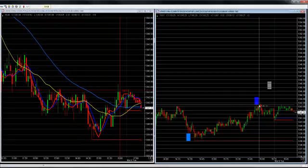We're seeing these sellers come in. We're going to start seeing these multiple range days that we talk about, and they definitely are the best kind of days for getting multiple